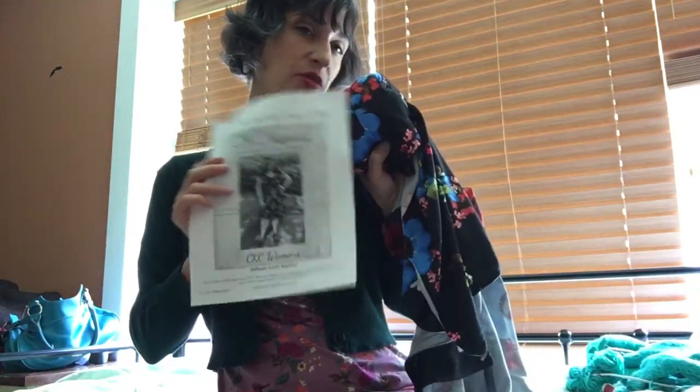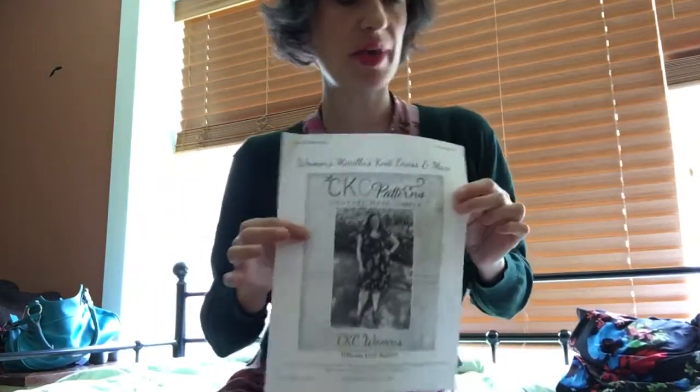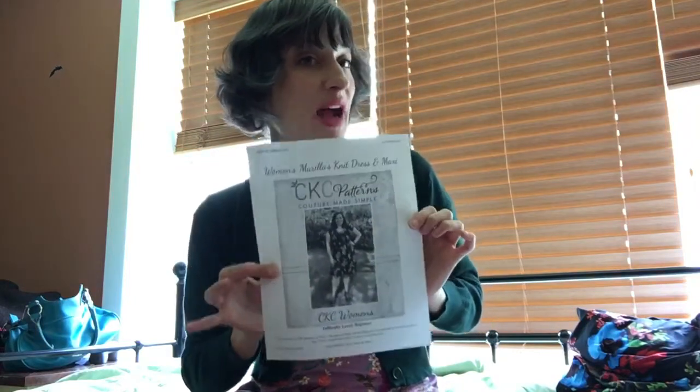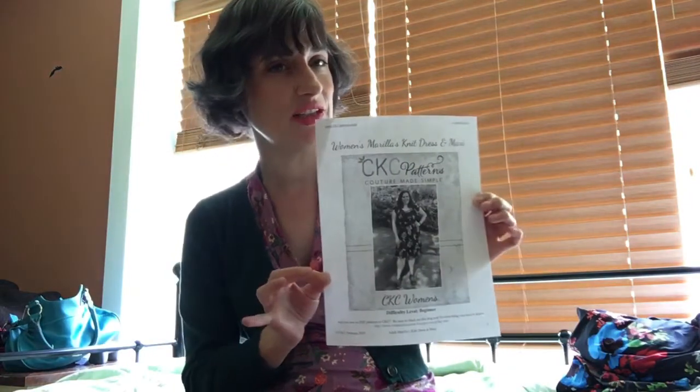Although this big floral makes me kind of want to save it for like a fall pattern. But I do think I will make this. You can make it as a maxi dress. I have some plain black, so it might be cool as a plain black maxi. But we'll see. It looks kind of 70s, which I'm sort of getting okay with. And all the pictures of it were really beautiful. So I'll put a link to that down below